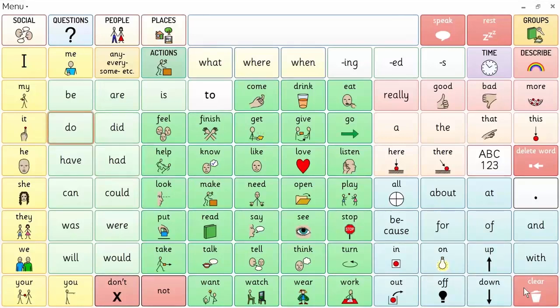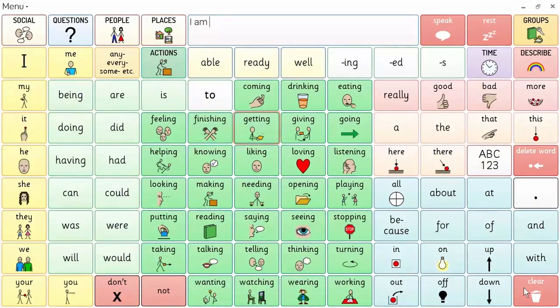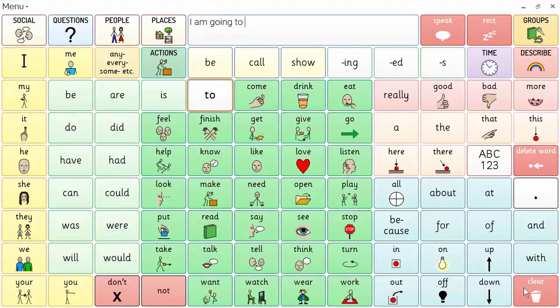You're going to notice that there are a lot of logical next words. So if I say I, the word be becomes am. These three keys are the keys that have been programmed with logical next words. One of the nice things about the grid software is that you can decide what suggested words should come up, and those three words will come here. So if I say I am, then all of the verb forms change into the present progressive form. Going to be